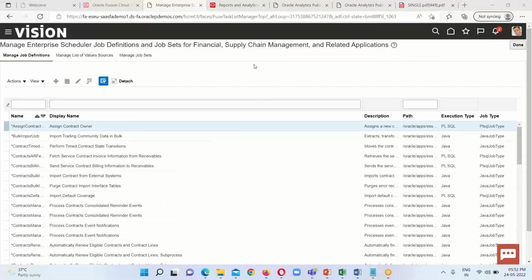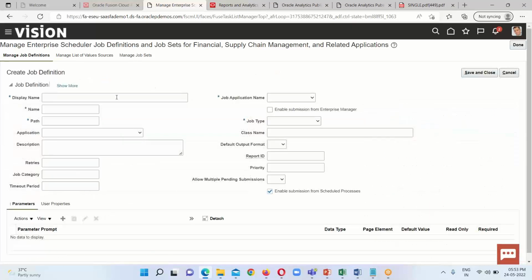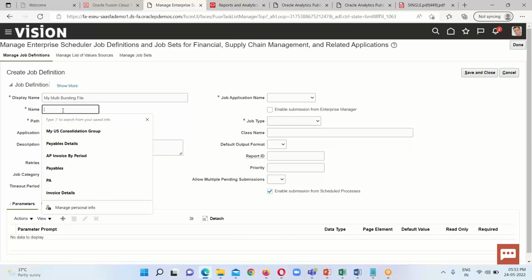I think all these things are clear to you, as I had already shown these things in our previous session also. So here we have to provide the name for display name. My multi bursting file. This is basically the display name, and same name I am going to provide under the name field